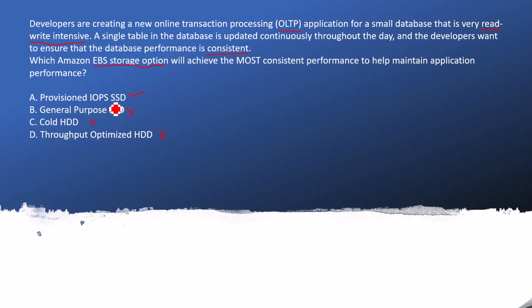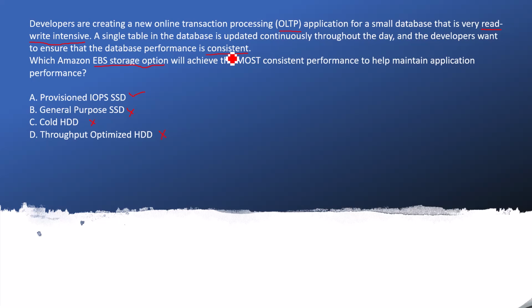So of course I am marking option A because I am already aware of that storage option. So when you are going into the exam, make sure that you have already gone through all kinds of EBS storage options. But here, how to find the hint will be useful for you. So let me jump to the next slide,